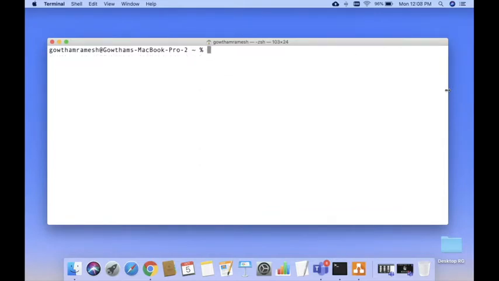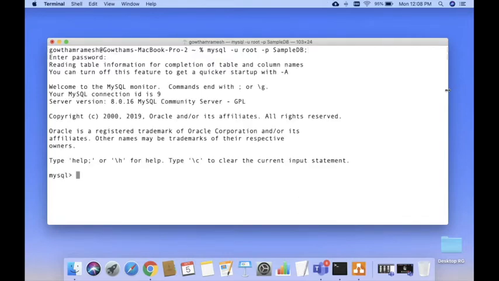First, I'm going to enter my MySQL prompt. The command is mysql -u username; my username is root, and it's password-based authentication. And the database which I want to use is sampleDB. Enter the password.